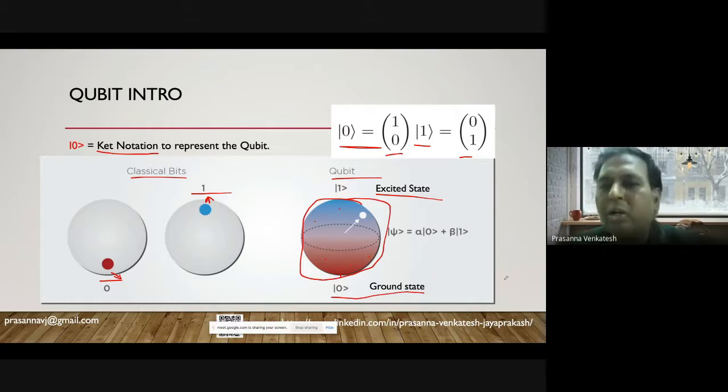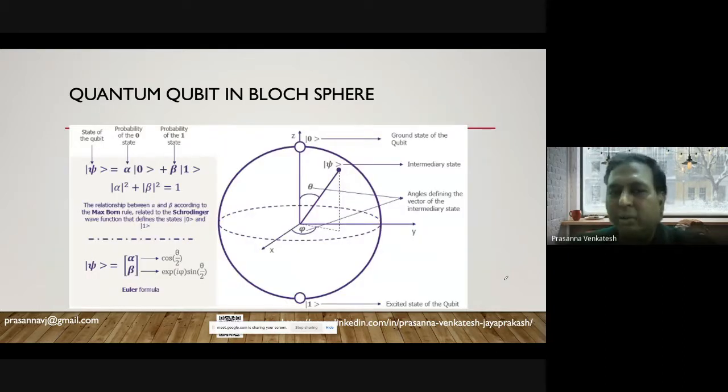Okay, let me take you to the next level of understanding. This is an excited state, and this is the ground state. Assuming my qubit is here in this space, I need to calculate the value of my qubit at this particular state. It is an intermediary state, and it is represented by this, with an influence of my ground state as well as an influence of my excited state.